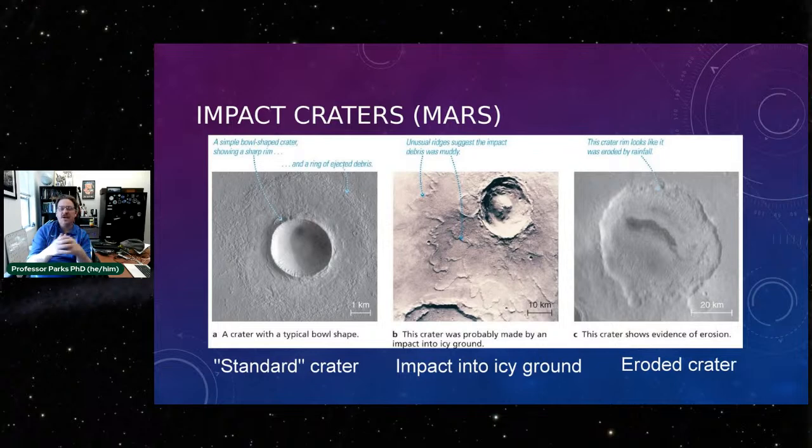The reason for this is that craters on the Earth are eroded via both water and wind, whereas eroded craters on Mars are mostly eroded due to subsurface water. So there's a great deal of subsurface water underneath